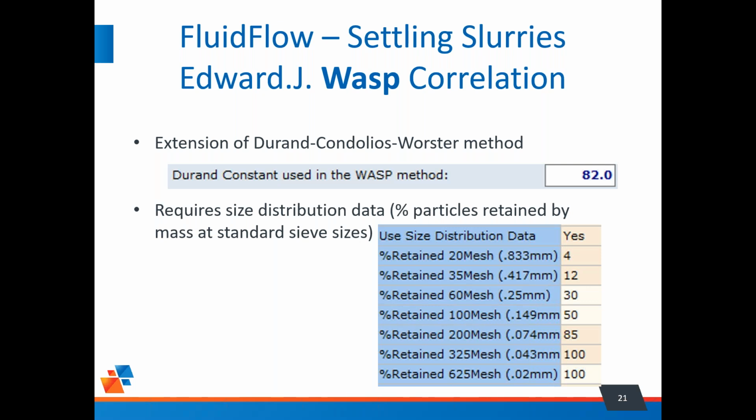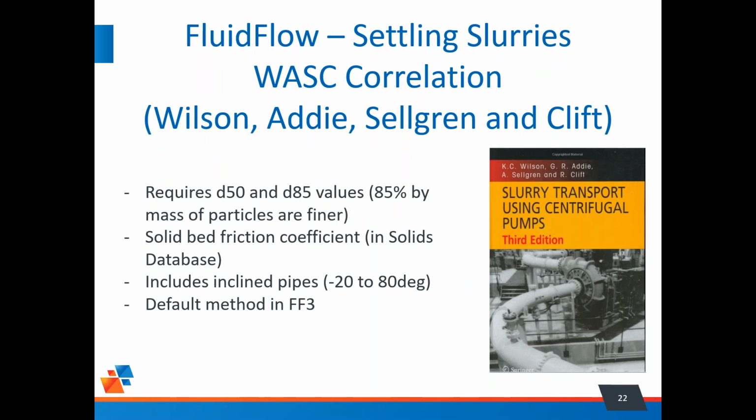It moves up from the D50 to full size distribution data, and still uses the Durand correlation for friction loss calculation, with that Durand constant value also of 52. As I was saying earlier, the default FluidFlow value is actually the WASC, and